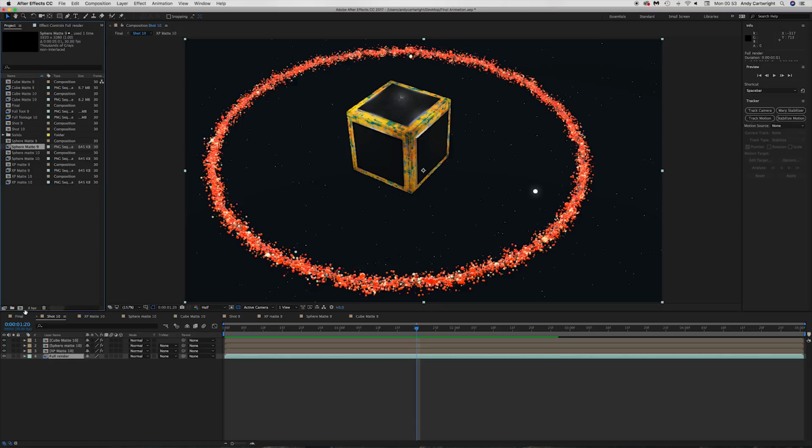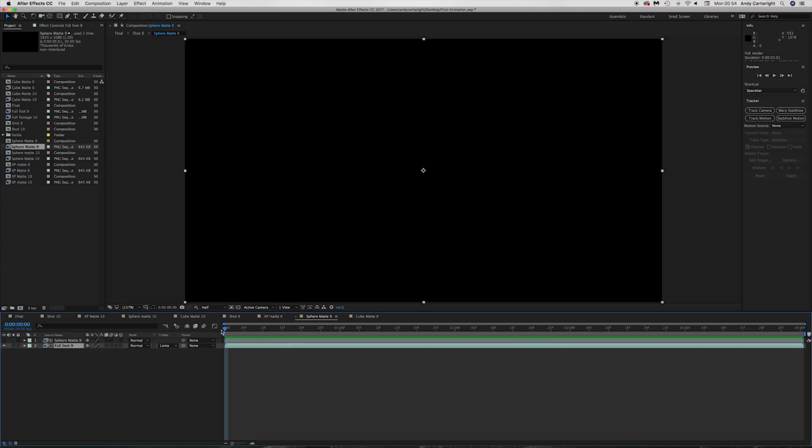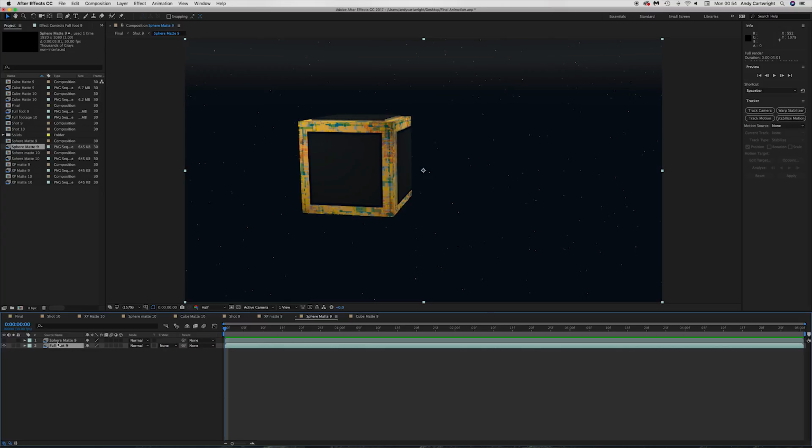So Sphere Matte 9 will then be dragged into a composition, and it will produce something like, if it'll load, oh, okay, there we go. It'll produce something like this. Now, what it will do initially, if I just untick that, what it will first do is, if I solo this, which I can't,